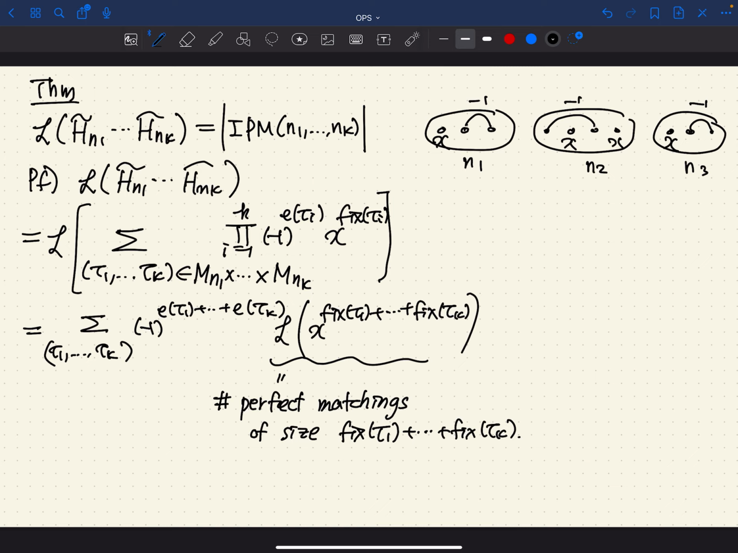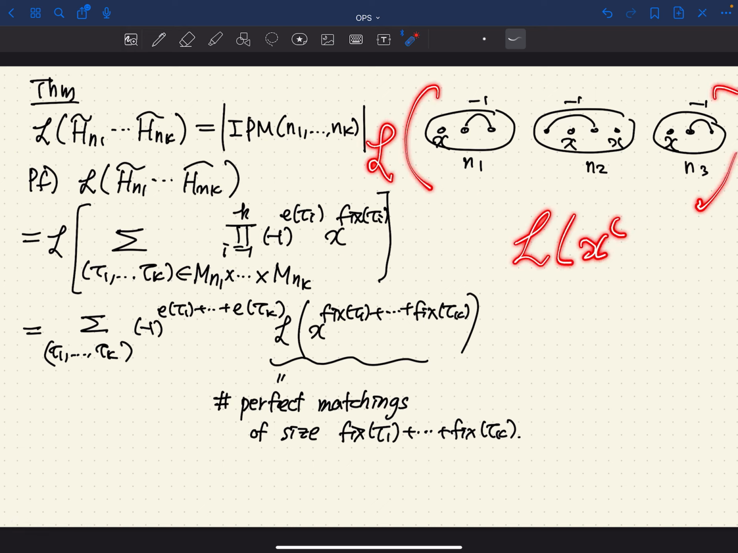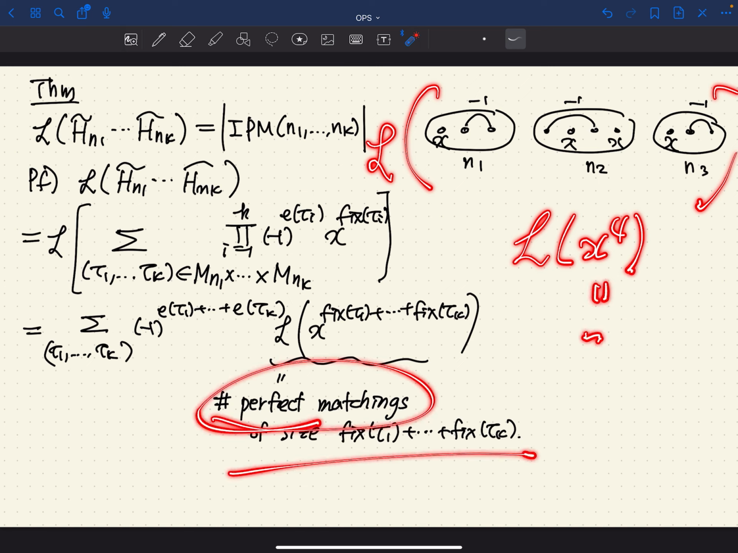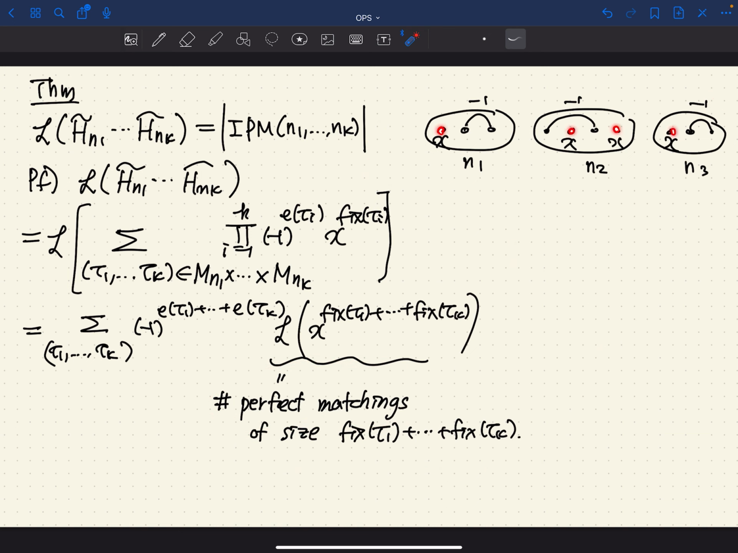If you apply the linear functional, we will have to compute x to the 4. But this is the number of perfect matchings of size 4. That means we have to connect the dots, so that we have a perfect matching. Let me use red. So it is something like that. So this is basically a generating function for, okay,